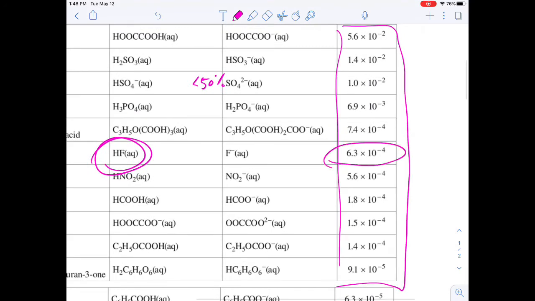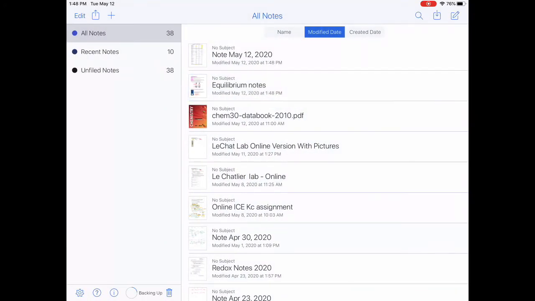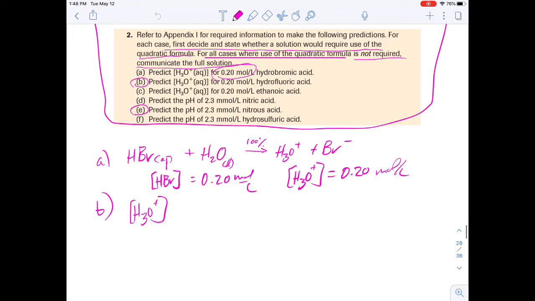And hydrofluoric acid has a Ka of 6.3 times 10 to the negative 4. So the Ka equals 6.3 times 10 to the negative 4. So if I've got 0.20 mole per liter divided by 6.3 times 10 to the negative 4,